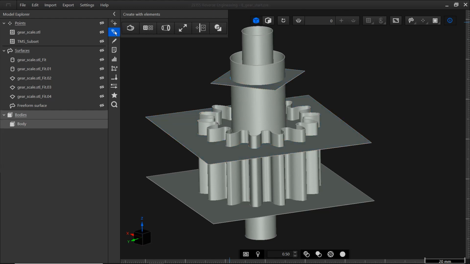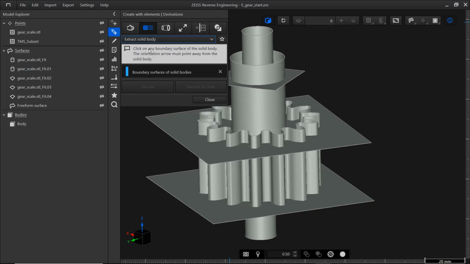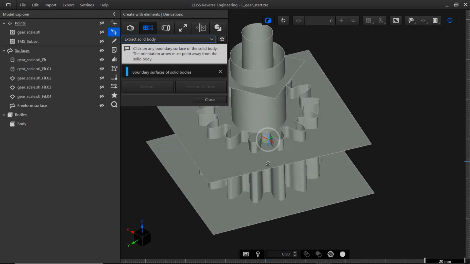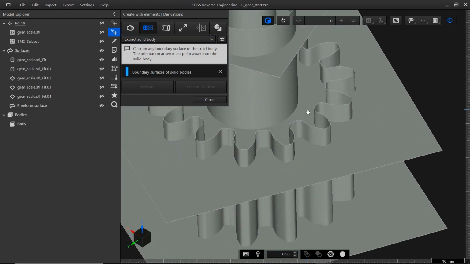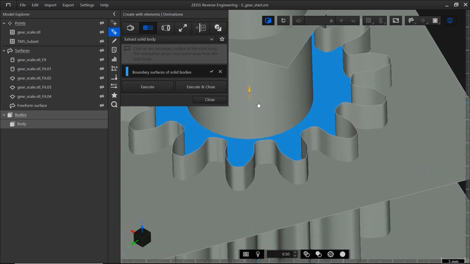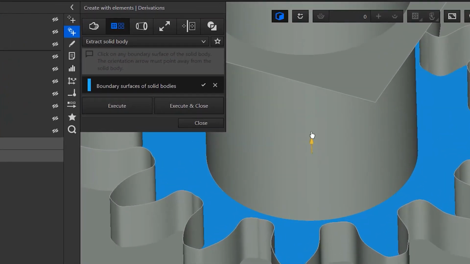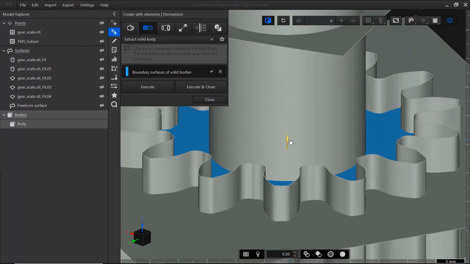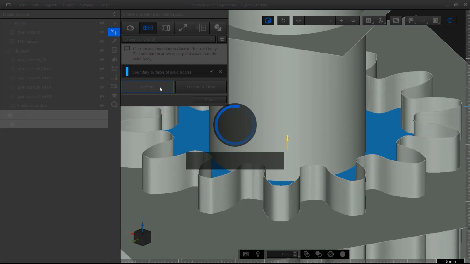In the action bar, under Create with Elements, you'll find Derivations, Extract Solid Body. Now click on the boundary surface of a solid body, the plane on top of the gear teeth, for example. The software now displays a yellow arrow. This arrow must point away from the material. If it's pointing towards the material, click the yellow arrow to correct the orientation. When you click Execute, the ZRE software checks in the inverted arrow direction, looking for an enclosed volume, and creates